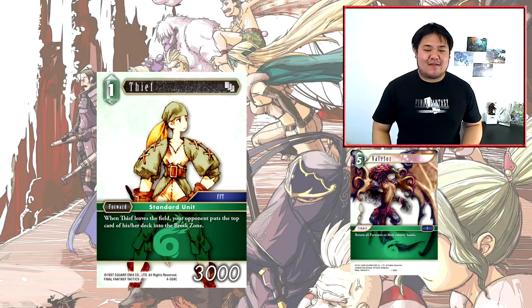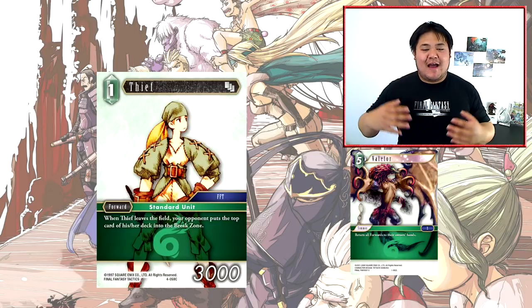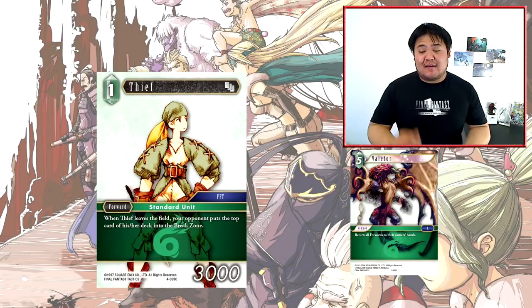It's a 1-cost standard unit 4 with 3000 power, which is pretty standard. When Fief leaves the field, your opponent puts the top card of their deck into the break zone. So it's basically just another card for the mill strategy. This card does have the benefit of costing 1, so it's significantly cheaper to put in, and for the mill ramp deck, once you get these cheap guys in to mill your opponent, it combos well with the Wind Earth mill deck, where you can just put Kefka on it, make it 8000 so it